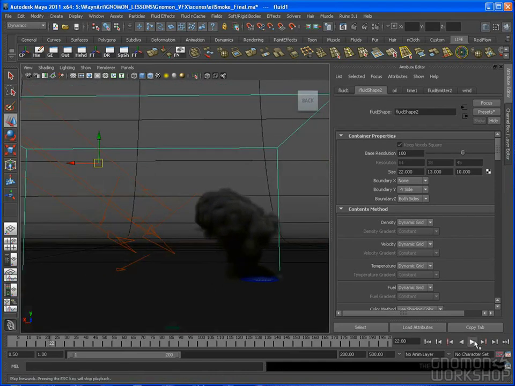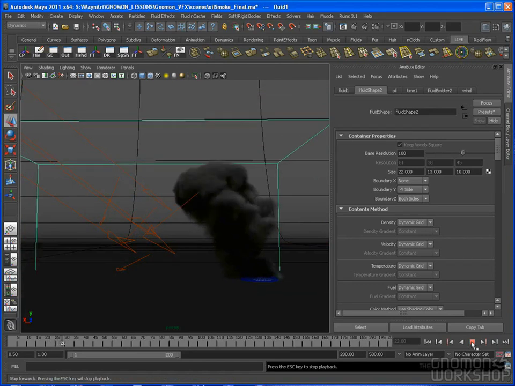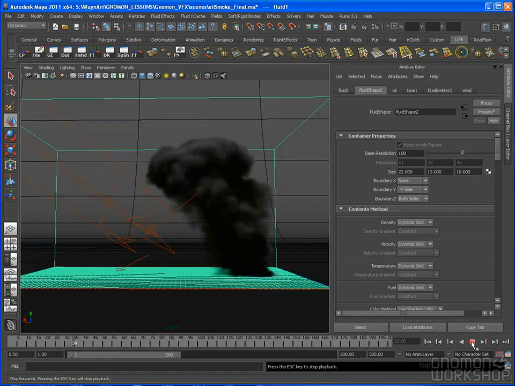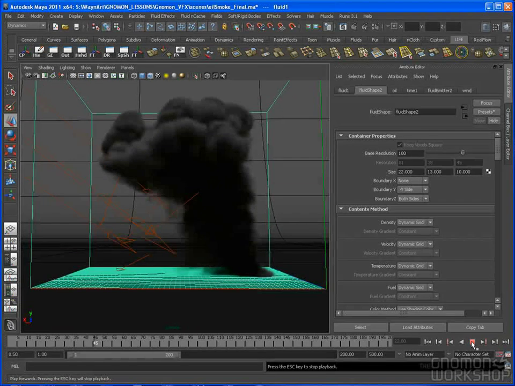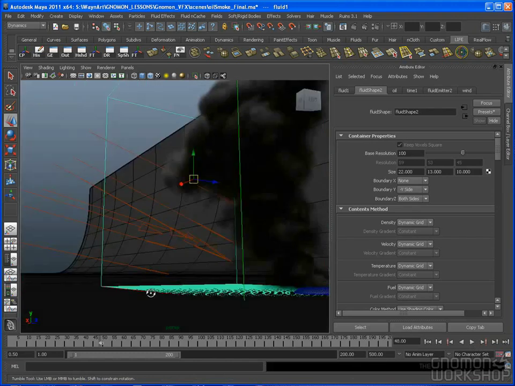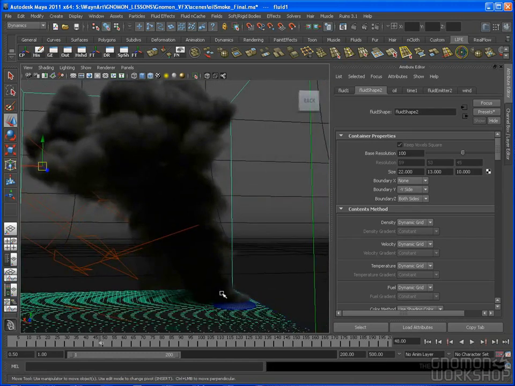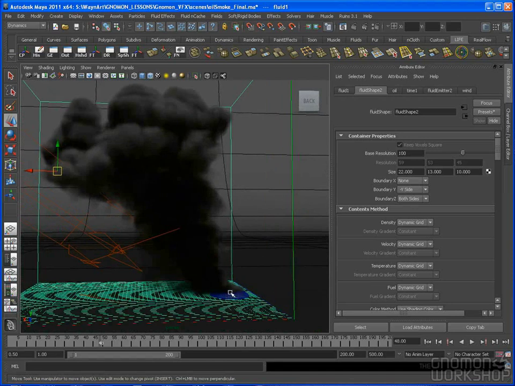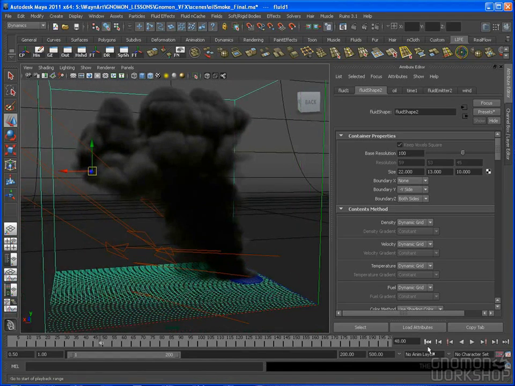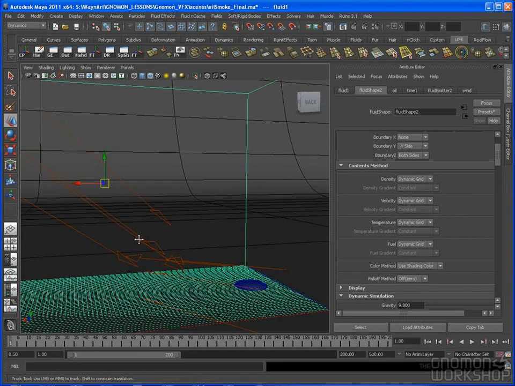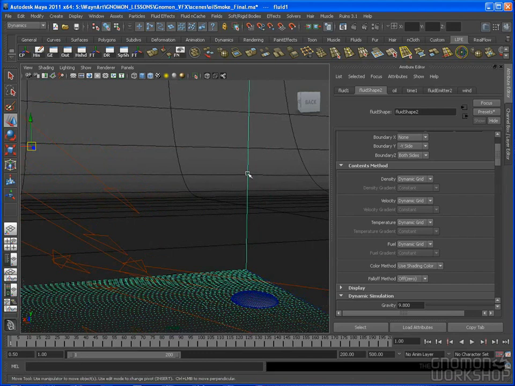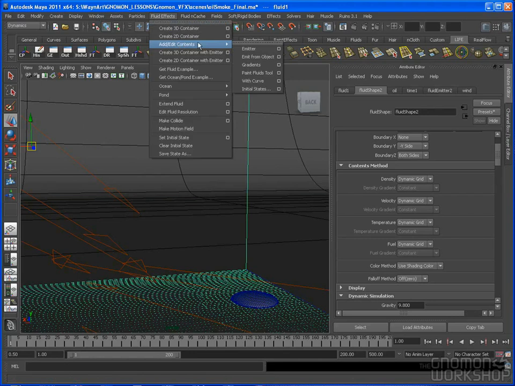So if there's some sort of clipping, or maybe your container grid is not rising fast enough, that's totally okay, because you just want to be concerned with what's in your shot in your camera. So for this effect, I have boundary Y set to -Y, which is fine. Boundary X is set to none, and boundary Z I have set to both sides. So it's just a matter of going in and trying to find the right combination, and seeing what's giving you